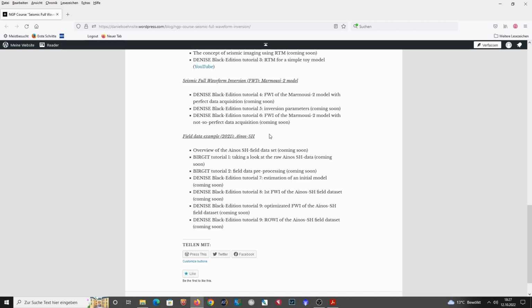And in the final section we are dealing with the field data application of waveform inversion. So every year I will choose a different near-surface dataset that we acquired here in our working group. And for this year, actually it's not 2021 but 2022, I'm choosing the INOS SH dataset. So I will first give a short overview of how this dataset was actually acquired and what the aim of